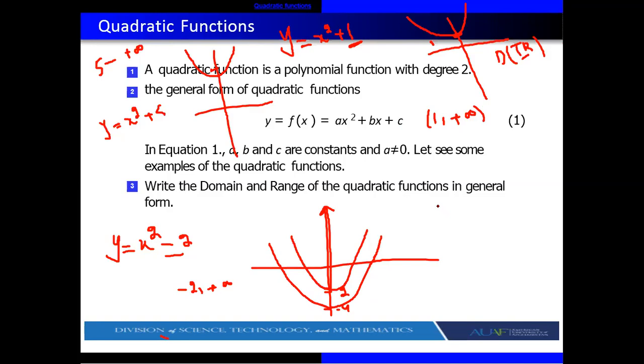If coefficient of x square is minus, like y is equal to minus x square, so graph will be like what? Graph will be like this one. It will be a negative y. This is reflection. When you multiply with negative, so automatically it will shift other side. So it will open downward. Same if you have, for example, plus 1 here, so graph will start from plus 1. If you have minus 1, so graph will start from minus 1. Same plus 2, minus 2.